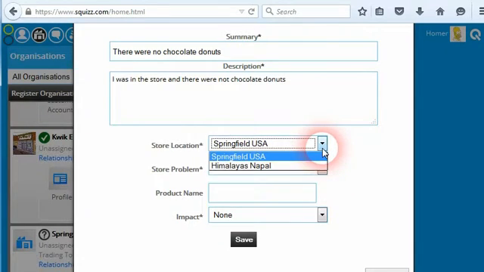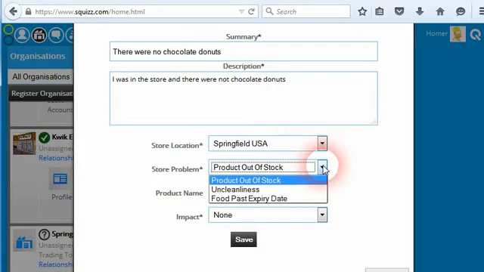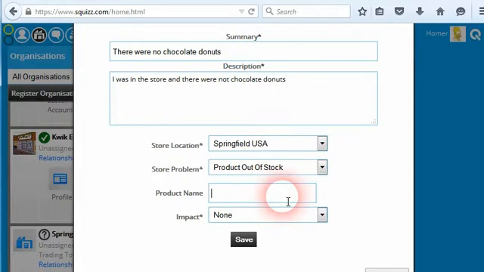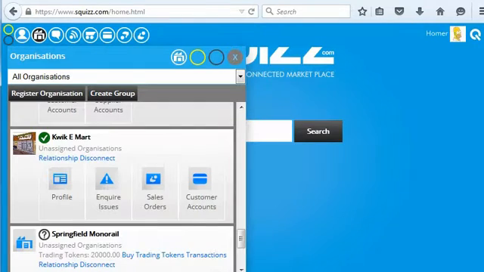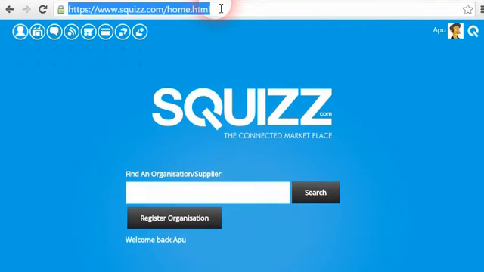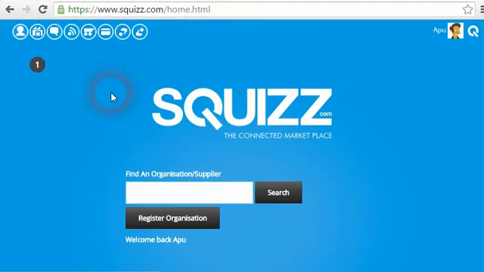So in this case, Homer has to choose his store. He can choose exactly what the problem is, and then the product that was the problem was the chocolate donuts. And he had a meltdown after that. So he fills out the inquiry or the issue type. Now you can customize the message that gets returned once a person fills out the issue, and there's also a code. Now if we go back to Abu, he's going to receive a notification that Homer has now filled out